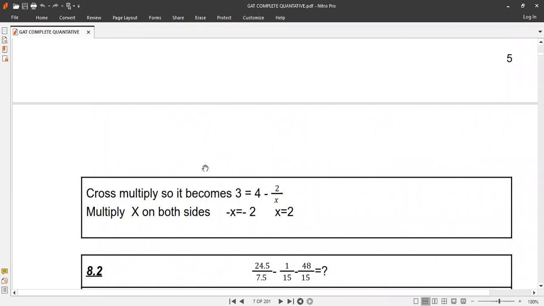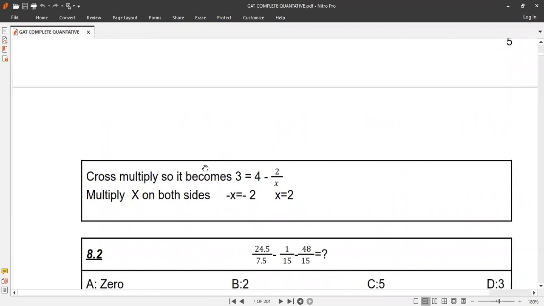Here, question A2. Here we cannot try the options. We cannot guess because there are some calculations. Here, guys, always try to have the same denominator. If you take a look at them, you will find the denominators are 15 and 15. And here we have 7.5. So if you multiply this fraction by 2, up and down, of course,